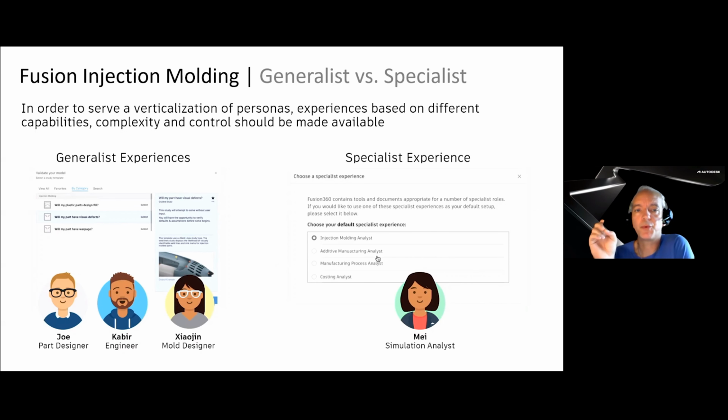With the technology we put into injection molding in Fusion, we're actually trying to address a different persona that's much more of a generalist, let's say a mechanical engineer that probably spends more time doing structural engineering work. Somebody who has to do a lot of communication with the designer, maybe spend some time negotiating with a tool maker, does some project management, but is not a plastics or injection molding expert by any stretch, has no ambition to be that. But he has to make some informed decision on